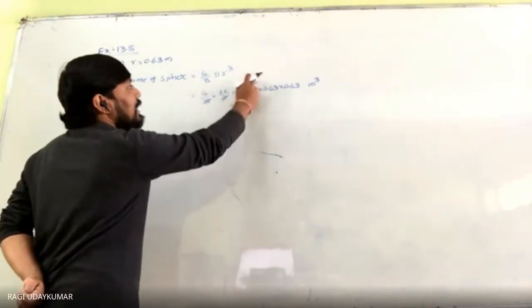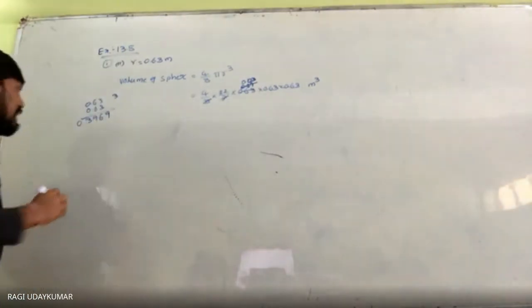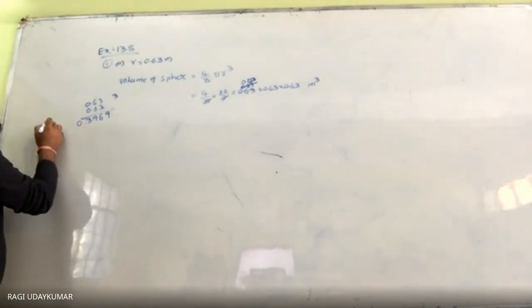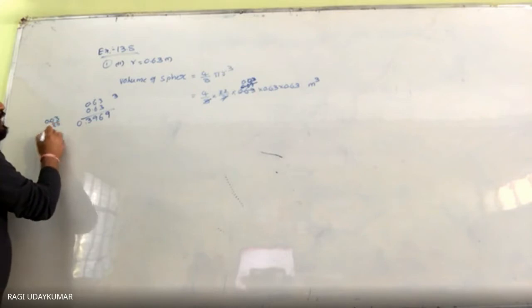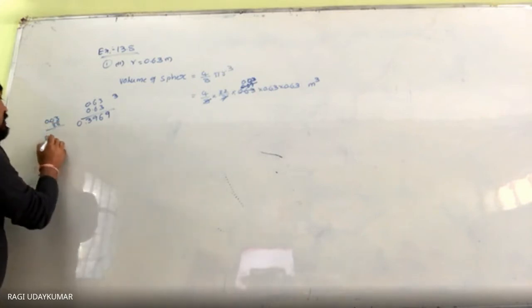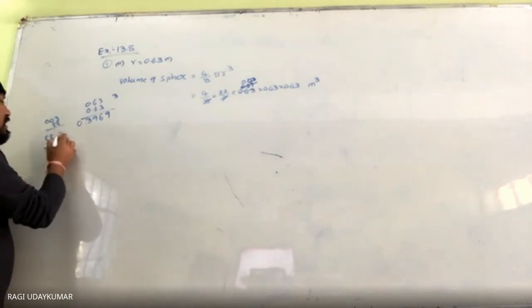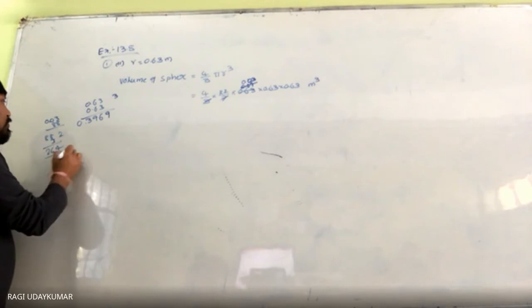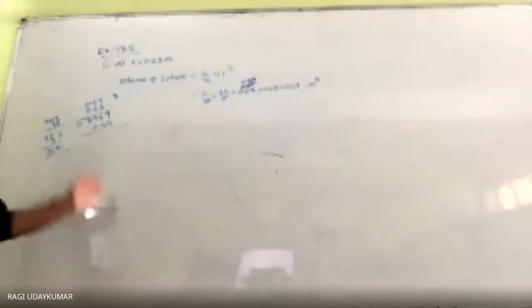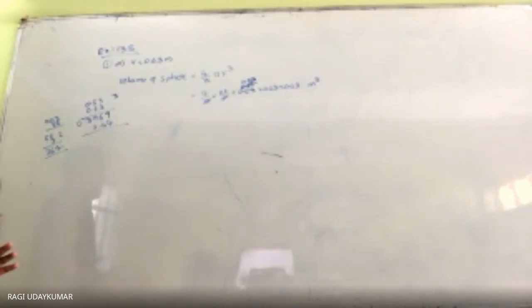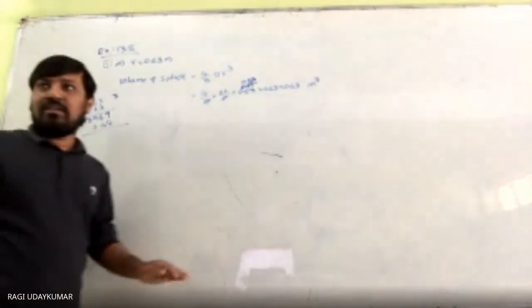And these 88 and 0.8, multiply these also. 88, 0.03 and 88, multiply. So 88 multiplied by 3: 8 threes are 24, 8 threes are 264. But with the decimal point, this becomes 2.64. This you have to multiply. There is no other alternate way to do this. Normal multiplication you will have to perform. Okay, you can do it.